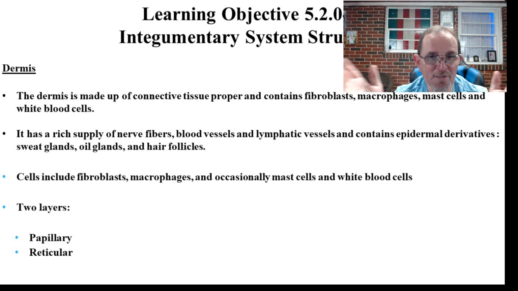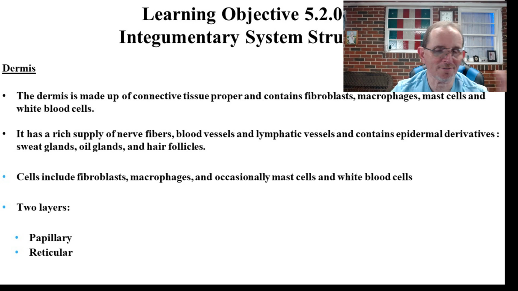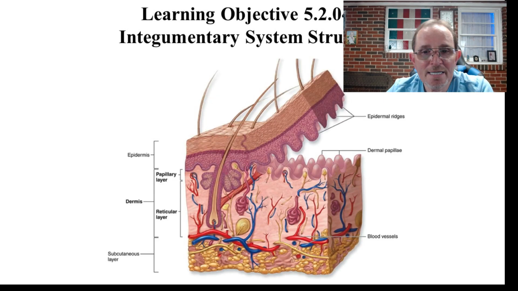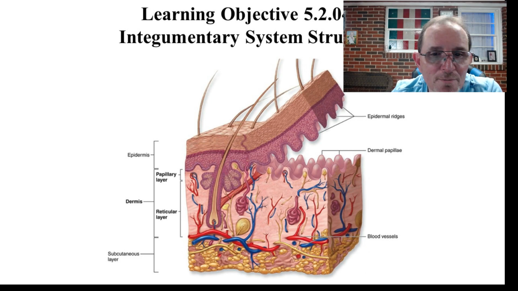The cells, fibroblasts, mast cells, white blood cells. We've already talked about that. And the papillary and the reticular layer. And again, this is better. It's not quite so busy. It's got, but you can see,